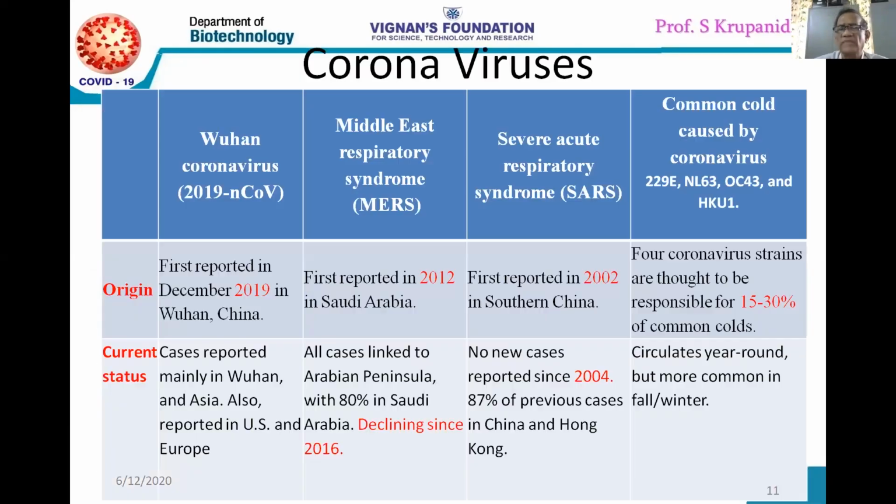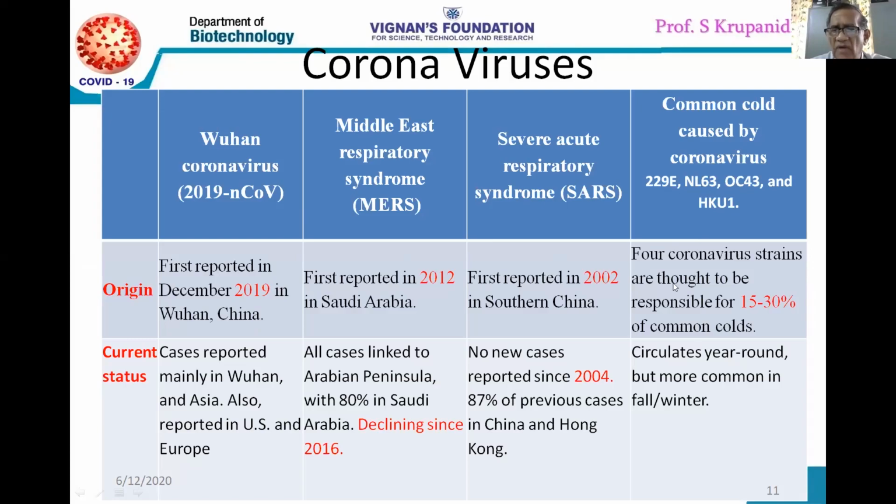Okay, so now let us see a few facts about all these four or five coronaviruses that we are dealing with now. This is Wuhan coronavirus, Middle East coronavirus, SARS coronavirus, and these are the alpha coronaviruses: 229E, NL63, OC43, HKU1, Hong Kong U1. Okay, now let us see these things. So this Wuhan coronavirus has come in 2019, Middle East has come in 2012, and SARS has come in 2002,